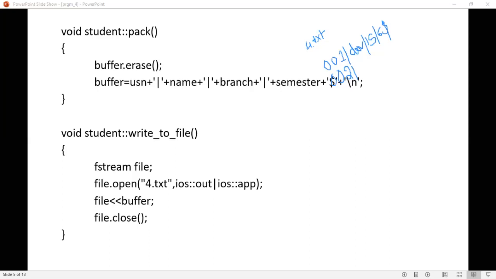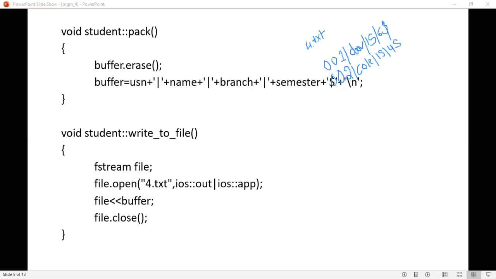How to pack? 002, use the field delimiter, then next some name, then followed by the field delimiter, then branch, any branch you can enter, CSE, IS or EC, and then the semester, followed by which delimiter is this one?